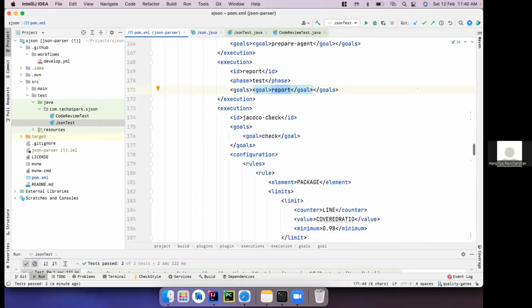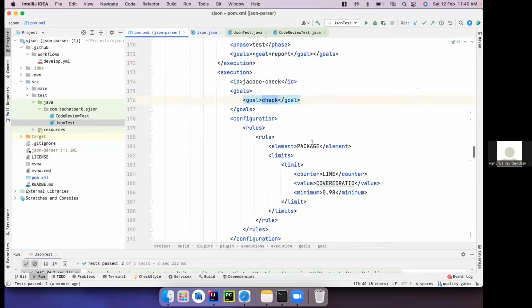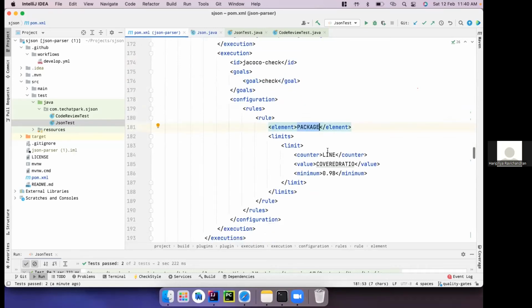Then I'm going to check every element from the package, line by line, and I'm going to require the percentage of the check to be 98%. Only if I cover 98% of classes, methods, and lines, my code will be accepted for build pass, or else the build will fail. That has not been done for now.